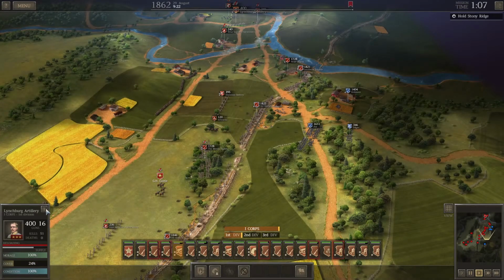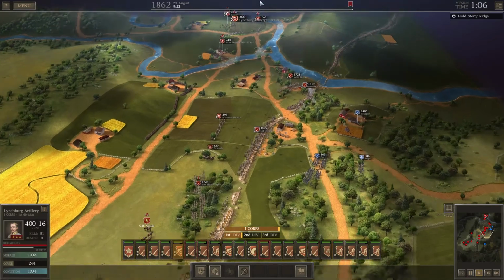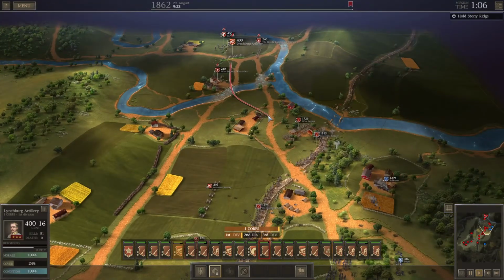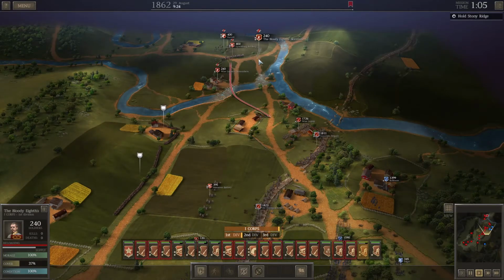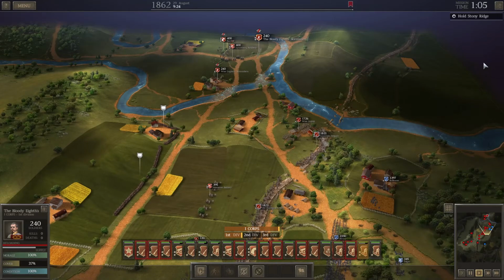Actually, let me guess. These are my howitzers. About 6-pound field guns. They're way out of range. I'm gonna have to move these guns forward. I just noticed they're not attacking, so there's no point in having these forces up here. We'll keep the skirmishers here just in case the battle opens up and we actually end up getting forces put